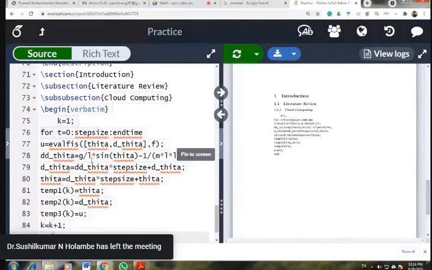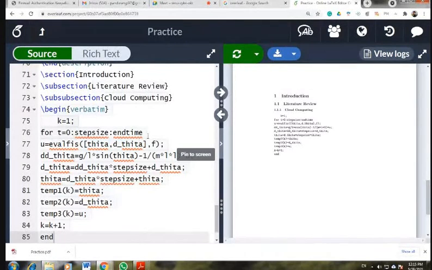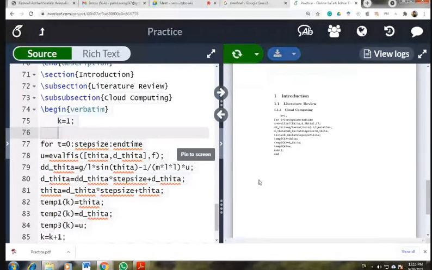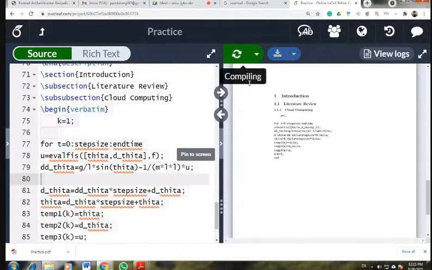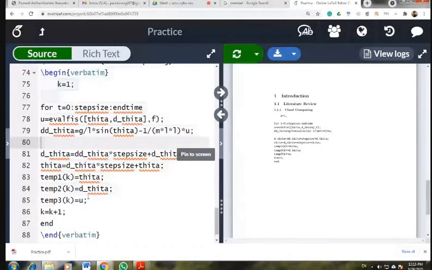If I make a change, like giving extra space between these, it will print as it is. So the verbatim environment is used to print the text as it appears in the editor window. Basically, the verbatim environment is used to print code or pseudo code as it is in the output.